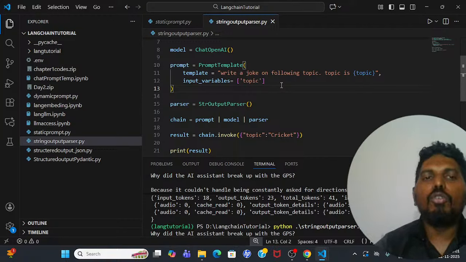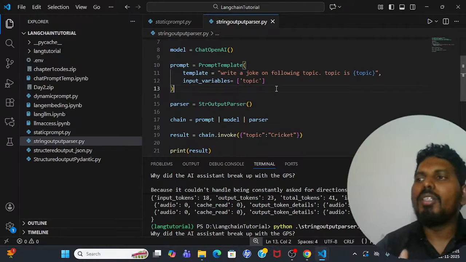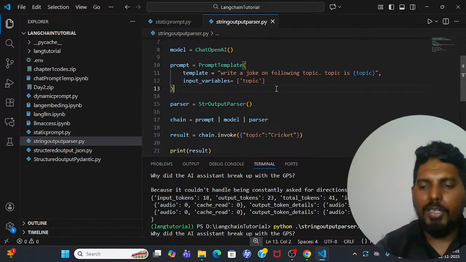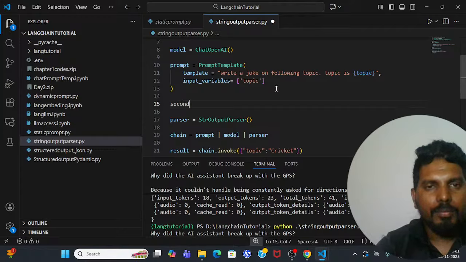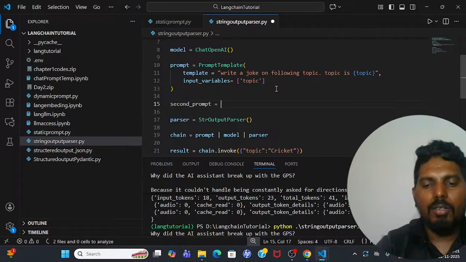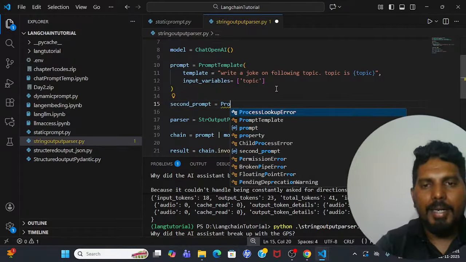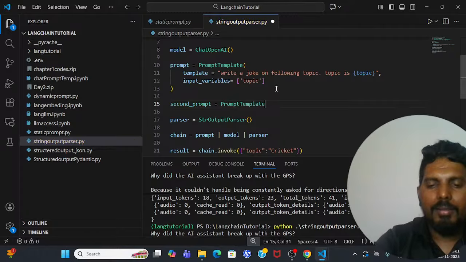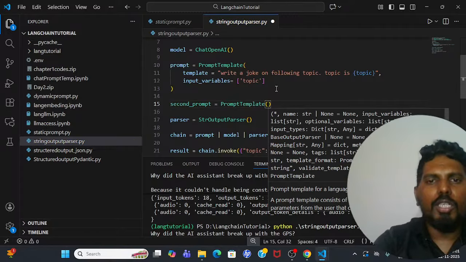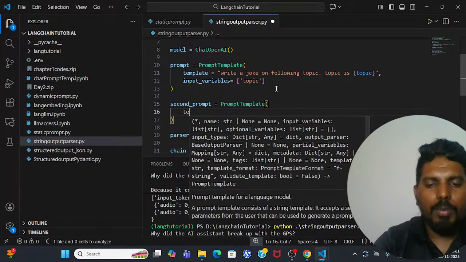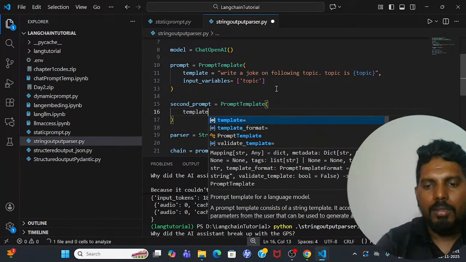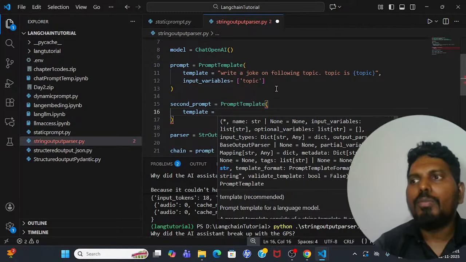For that we require 2 prompts. First prompt is generating a joke. Second prompt is going to be joke explanation. So let me declare second prompt. second_prompt is equal to, again take prompt template. You can also take chat prompt template, there will be no issue. You have to pass template. Template is equal to,